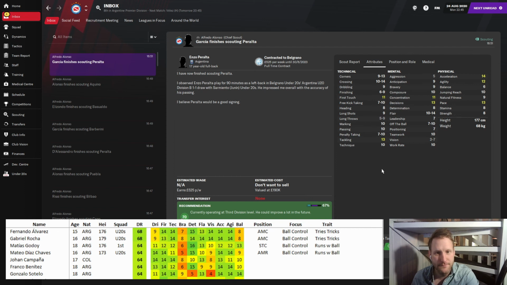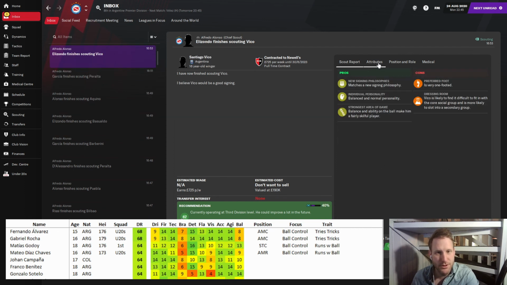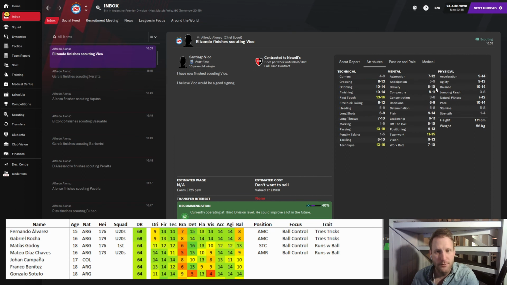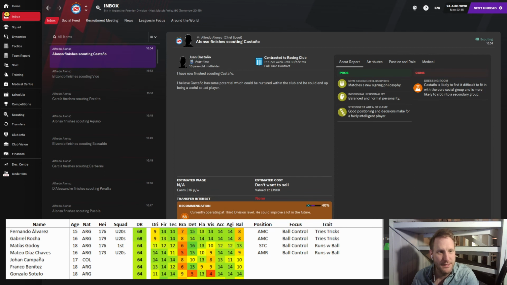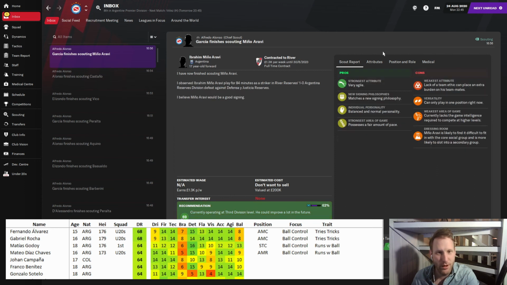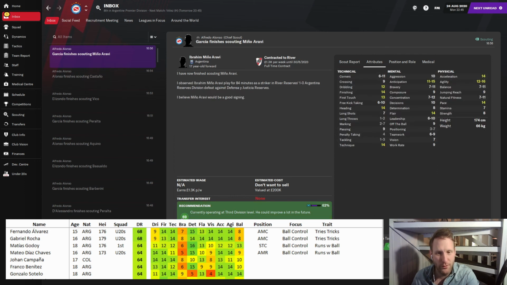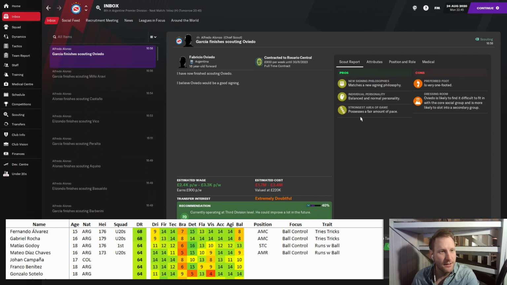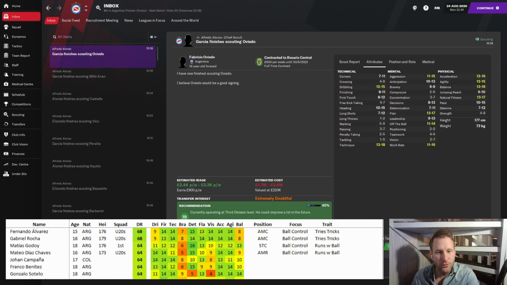Peralta, keep scouting, but won't be too good, will he? Bravery 6 to 10, flair 9 to 14. Scout him at least. Stanio. We're going to struggle with the bravery, boys. Oviedo, no.